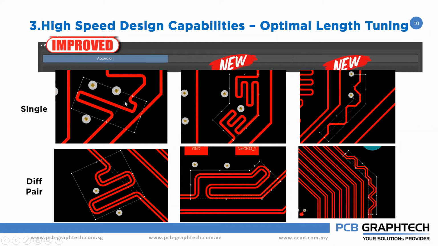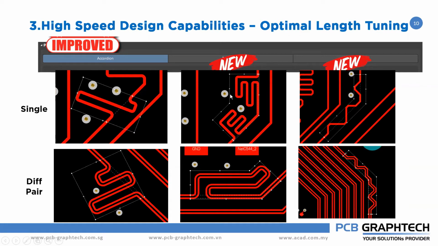Now there is an improved feature in the accordions in Altium Designer 21. Previously, up to Altium Designer 20, when objects were too close, the accordion was very hard to move and adjust. But now you can rotate the accordion inside the software. When you rotate it based on the objects, the angle of rotation, it will measure the length of the trace. So you can do it inside Altium now.